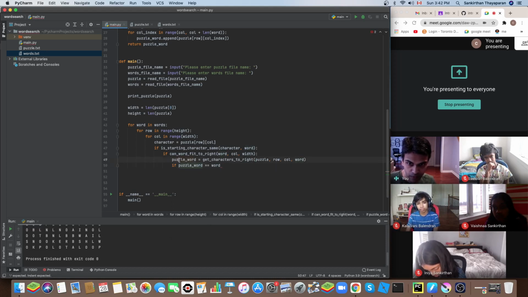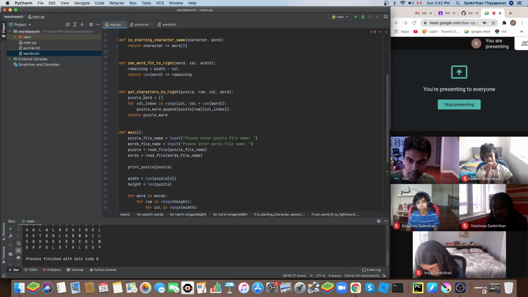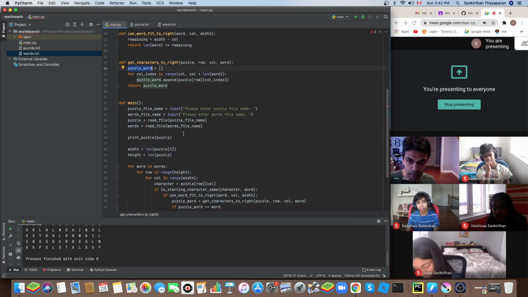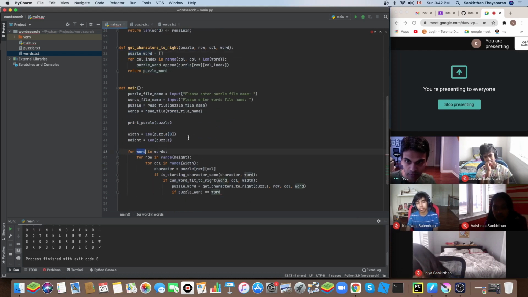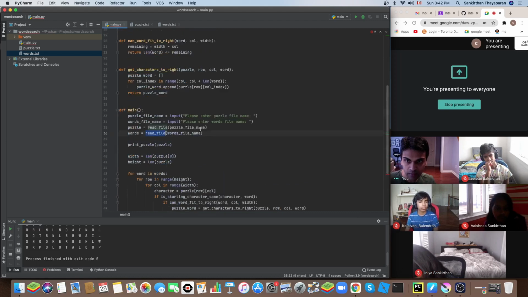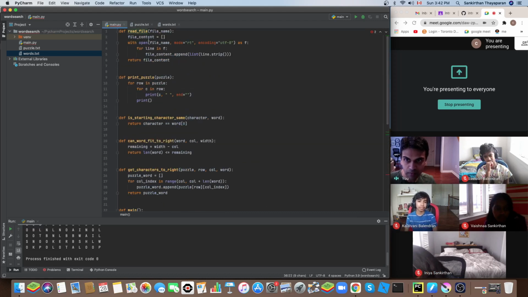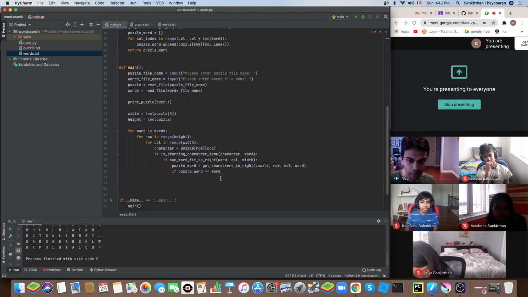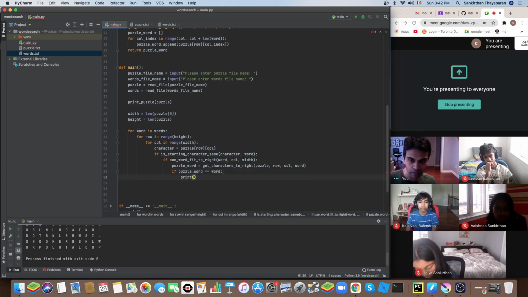Puzzle word right now is a list of characters, and so is the word. Remember, we read it from the file. Reading from the file, every line is a list of characters. So I can compare each of them like this, because they're the same type, list of characters. So if this is